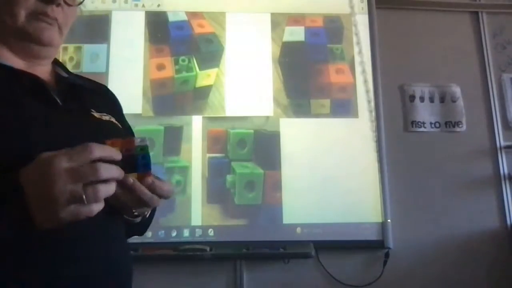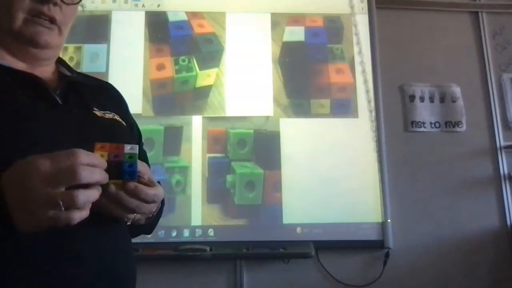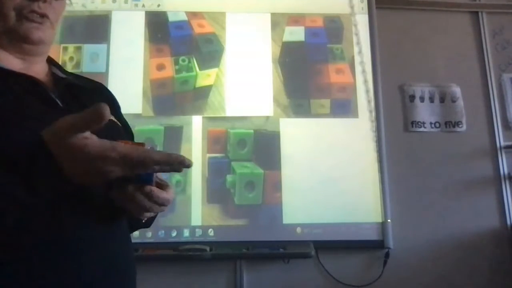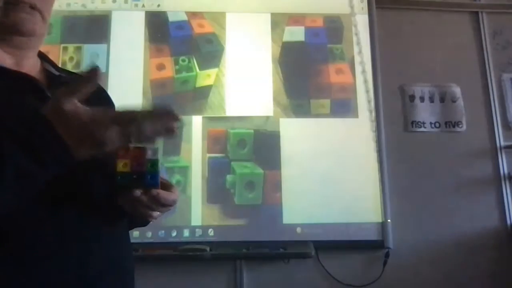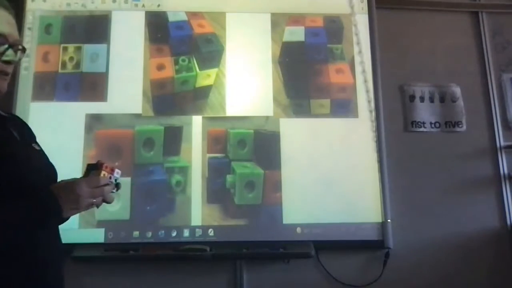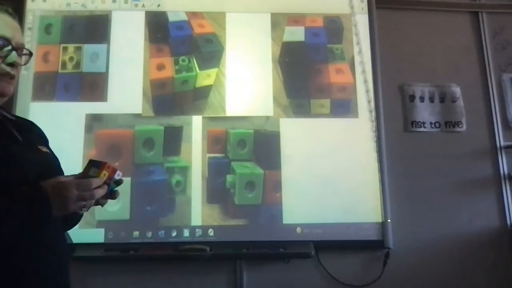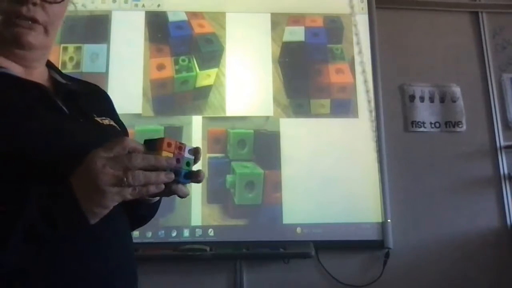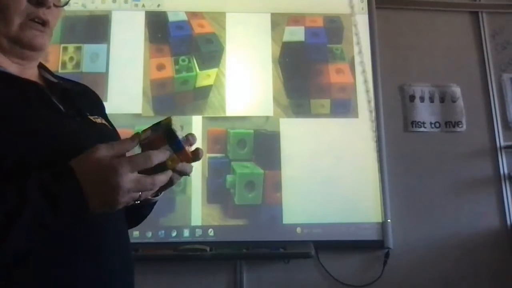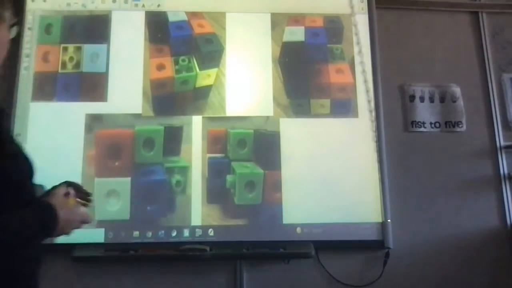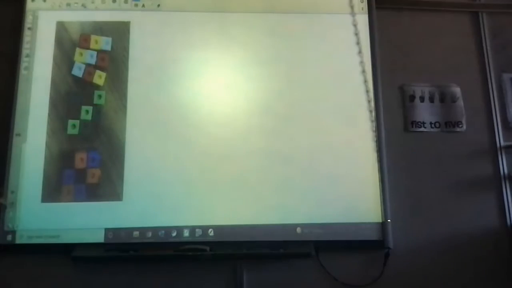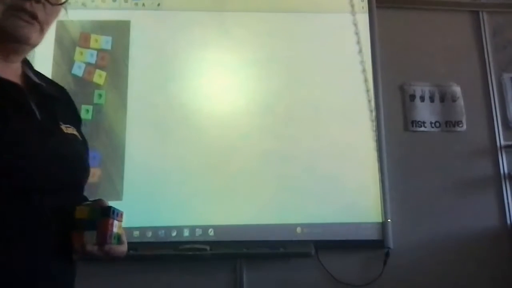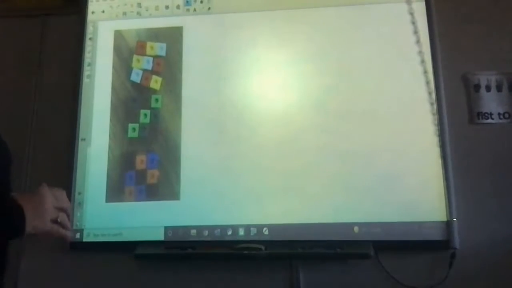to think about having a color in each of the bottom, middle, and top rows, and then thinking about what will affect the middle cube and what color would I choose to go in the middle. So in solving this, a problem-solving strategy that I would suggest to my students, if you can see this, is to